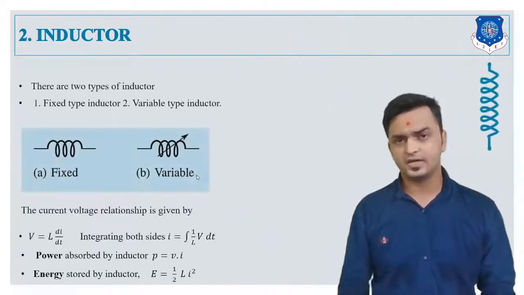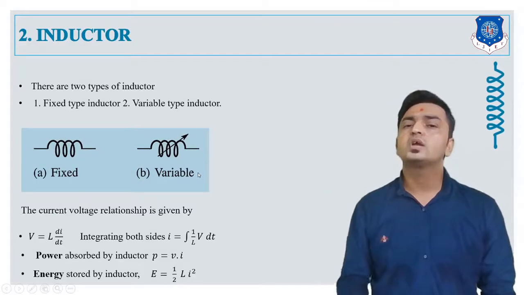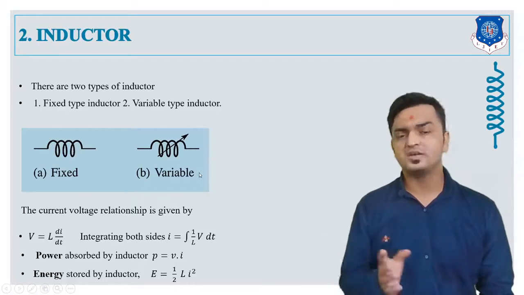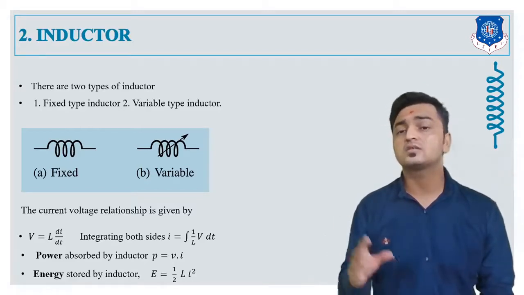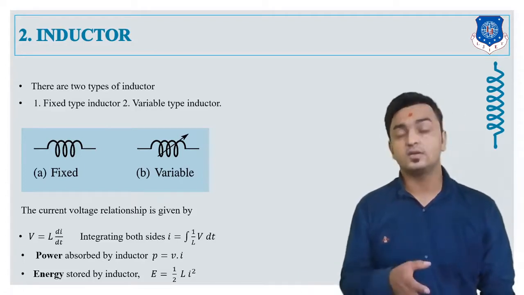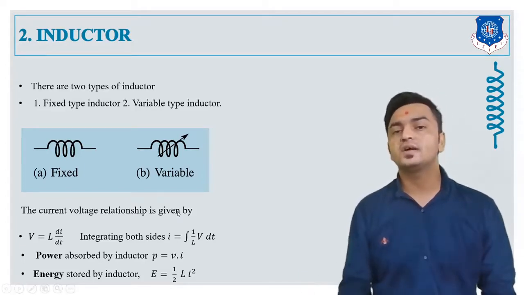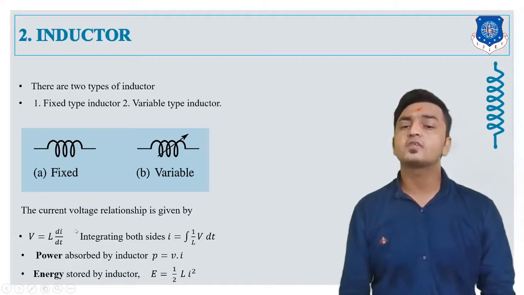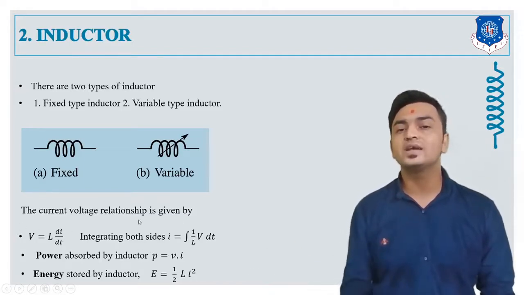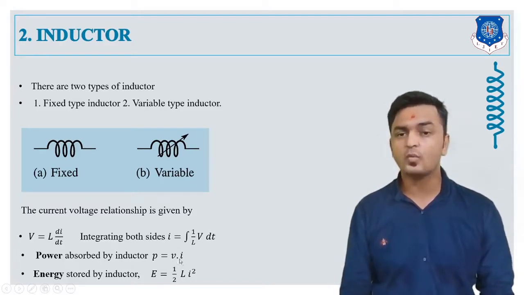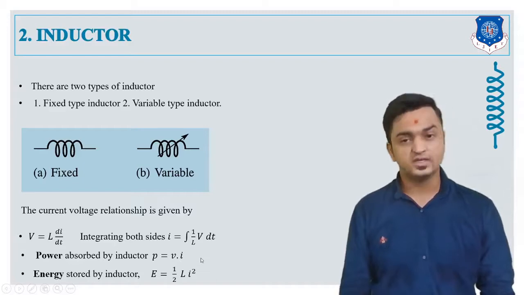Now in this same topic, when we define various kinds of inductor, mainly we will study two types of inductor. First one is a constant or fixed inductor. Another is variable. For an inductor, the relation between voltage and current can be given by the equation V is equal to L di by dt. Or if you integrate both sides, you can define this in terms of current, and that is I is equal to the integration of 1 upon L V dt.